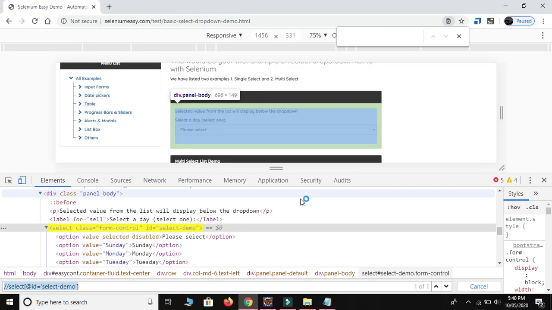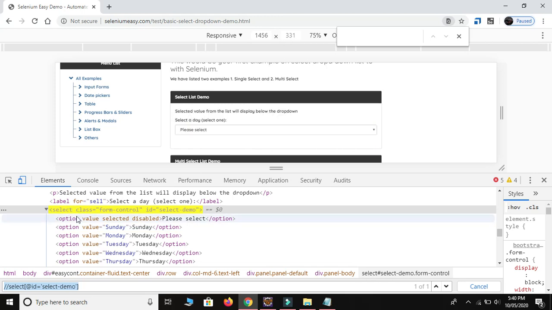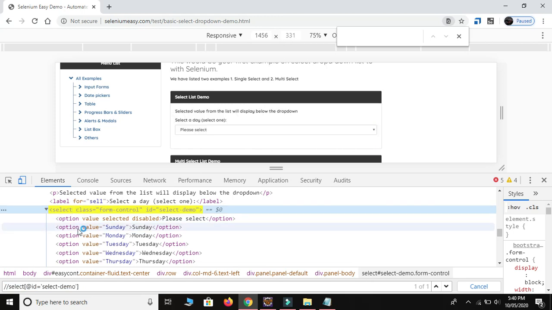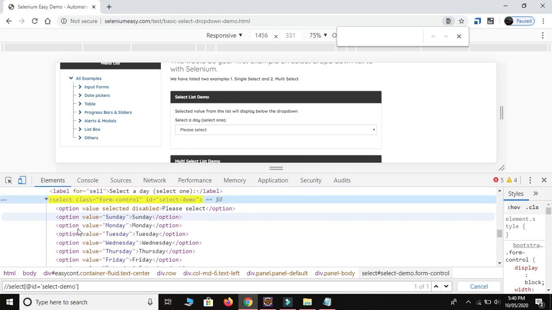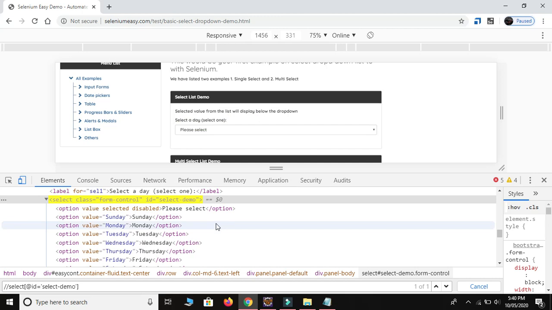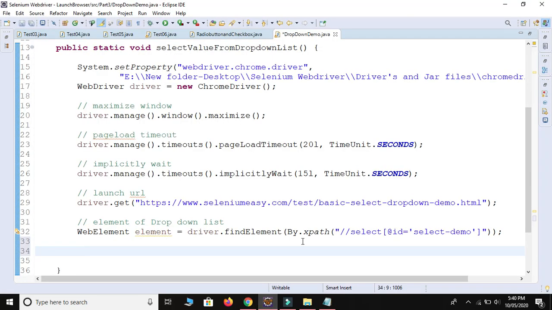Now as you can see here, these options come under the select tag. So this is the select drop down, and it provides some different options. Based on these values we are able to select our option. As I already said, this drop down is created by the select tag, and when we are going to automate this drop down, Selenium provides one class whose name is Select. Select is a class which is provided by Selenium to specially handle drop down lists.